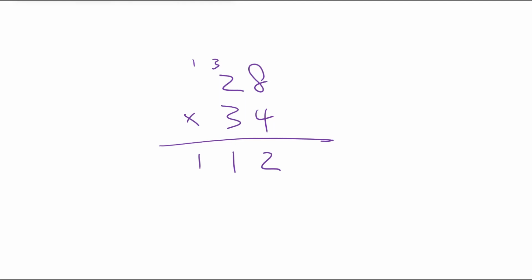However, it's a 3 in the tens column, so when we do our 3 times 8, we want to put it here into the tens column. Actually, I won't draw it like a circle because it looks like a 0. We're going to put it here in the tens column for place value. But then, of course, we have to have something here. Well, there's nothing there. How do we say nothing? With a big fat 0. So we're going to start in the tens column by putting a 0 first,